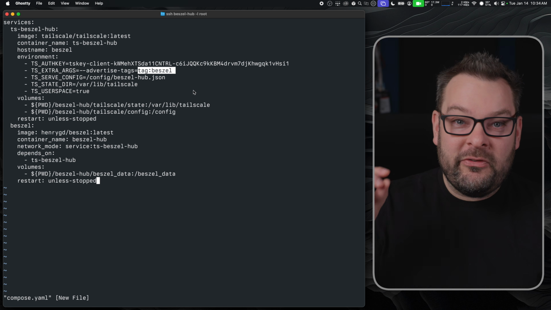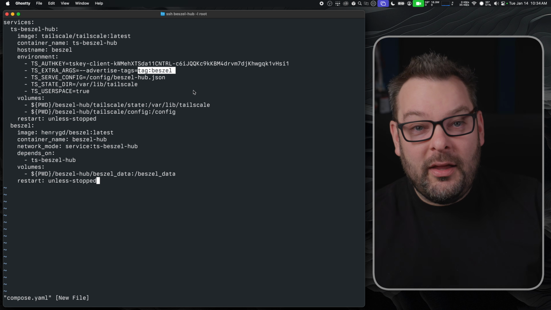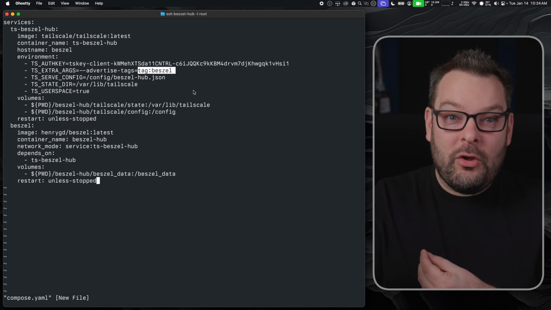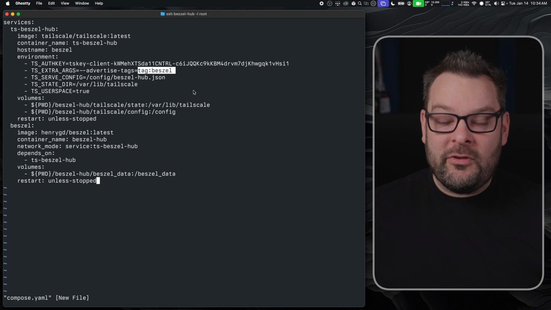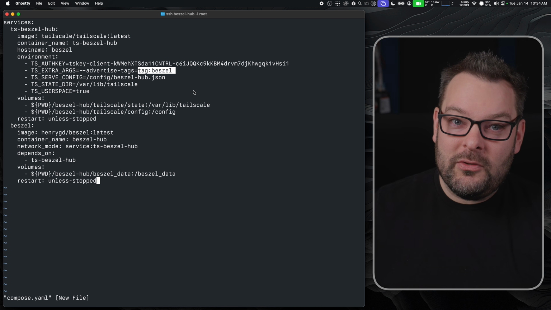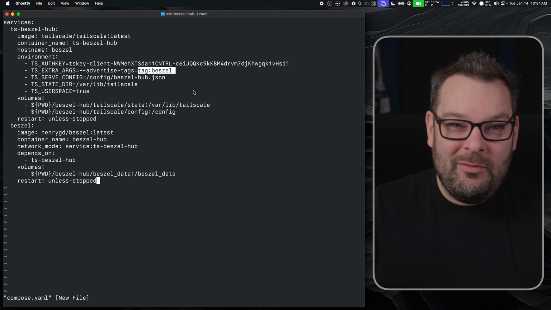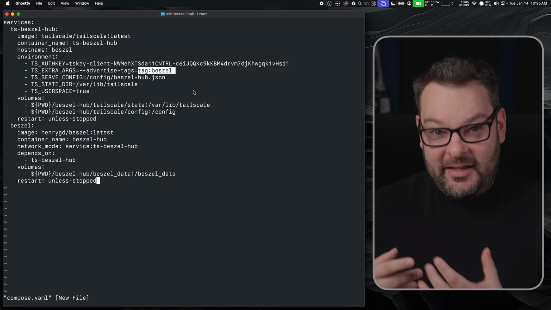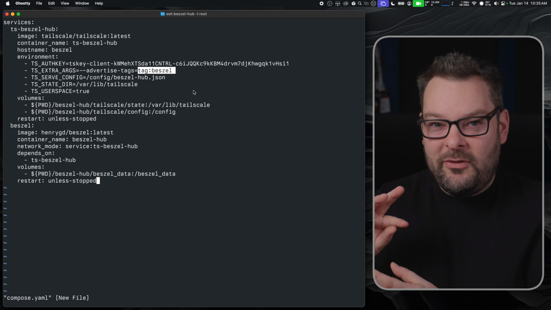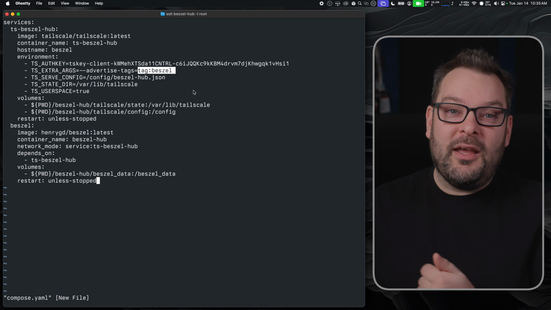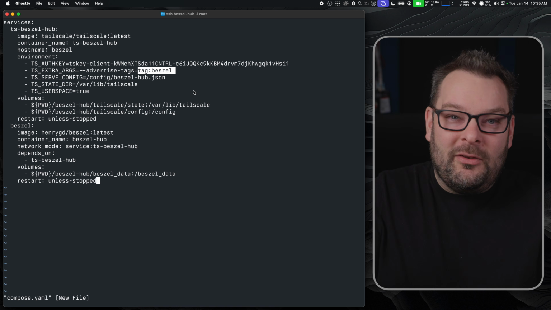And we can actually use something inside Tailscale's ACL and grants features to limit which nodes can see which other nodes. So there could be a situation where you have a remote monitoring node and you think to yourself, well, I don't really want that seeing everything else on my tailnet. And so by using these tags, we can limit the scope of the view of the world that these things have,